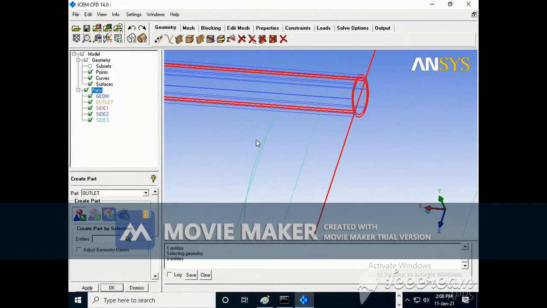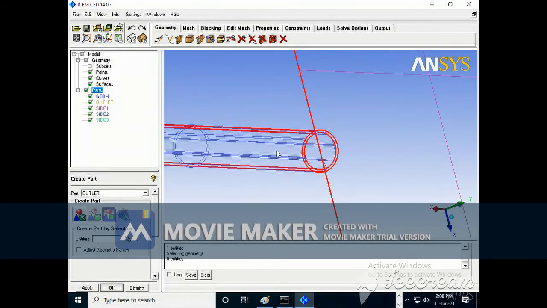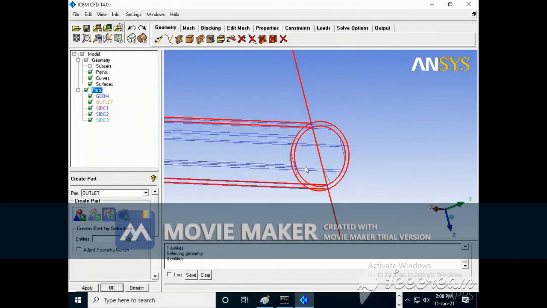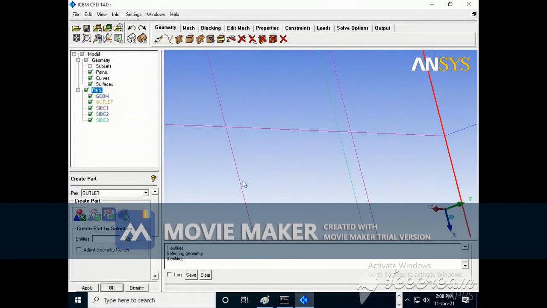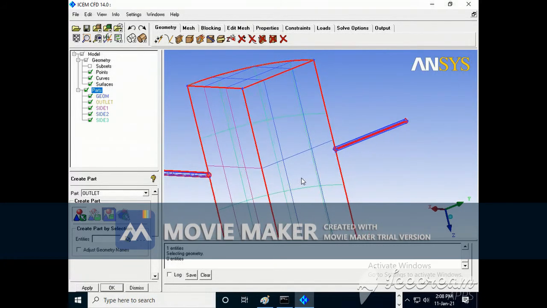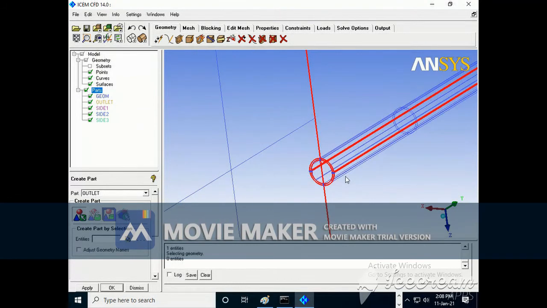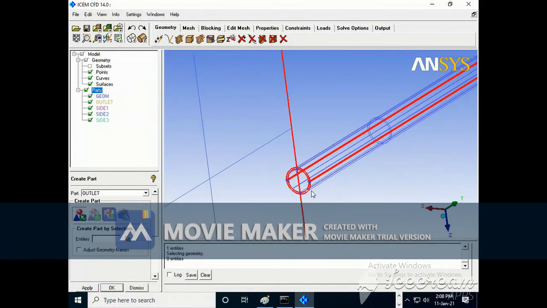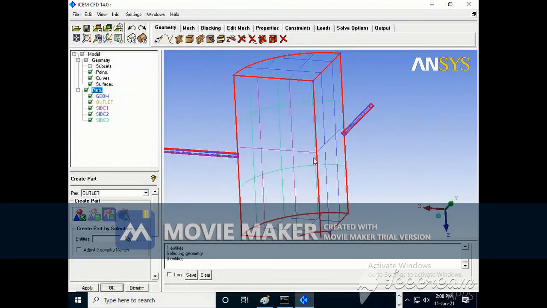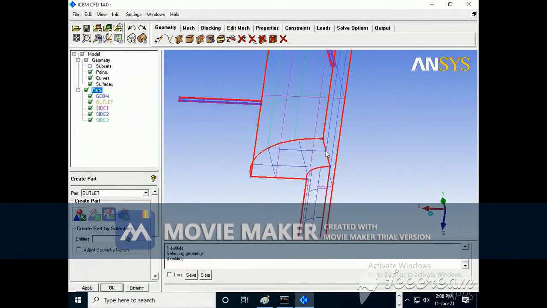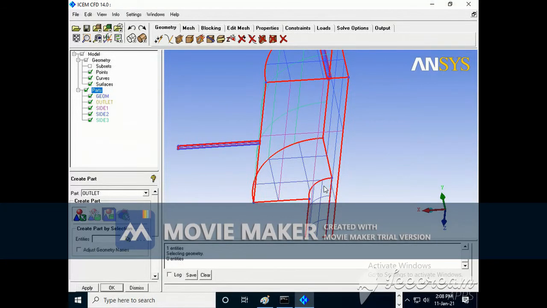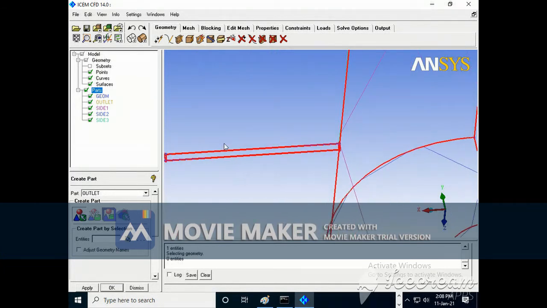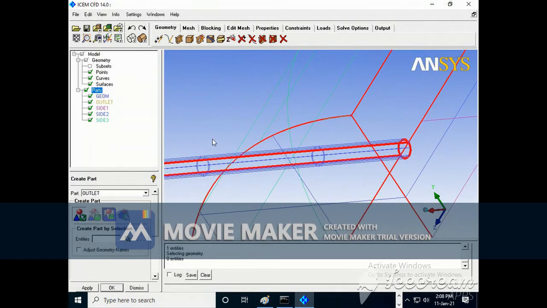So for that purpose I need to cut this geometry. And another thing, suppose the thickness of the pipe is not required for me, then I can neglect the thickness of the pipe, because when we take the thickness of the pipe, it requires meshing along that thickness, which creates complication. It will increase the number of mesh elements. That's why if you think you can neglect it, you can neglect the thickness. It depends on what the user wants.